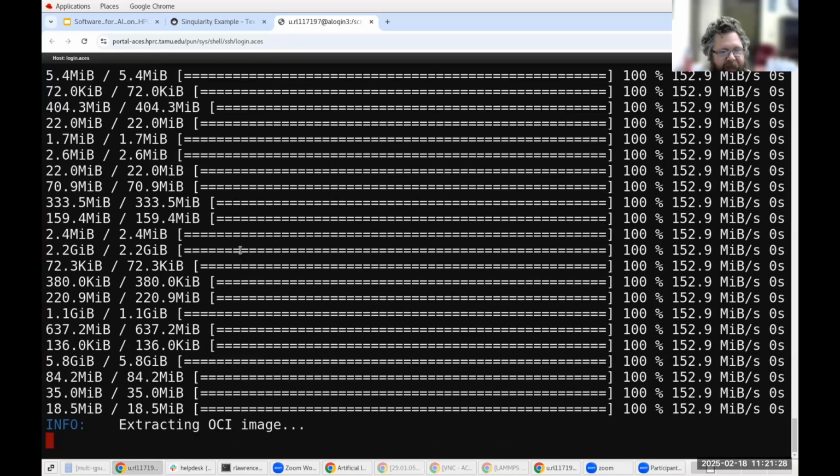This is normal. It takes about a minute to fetch an image, and about half that time is Singularity just